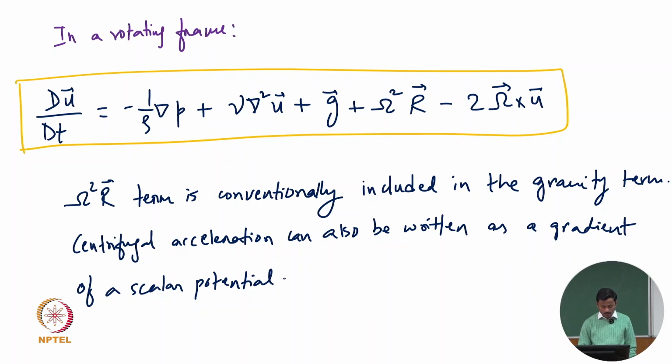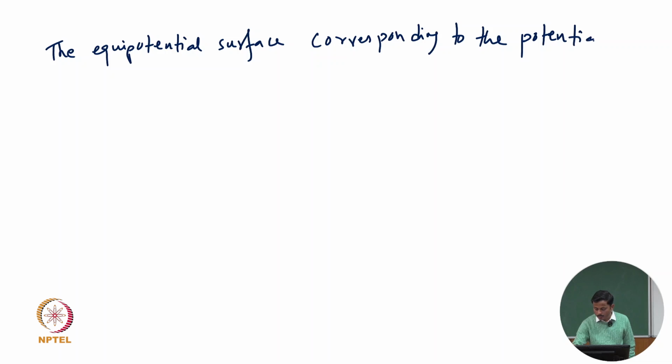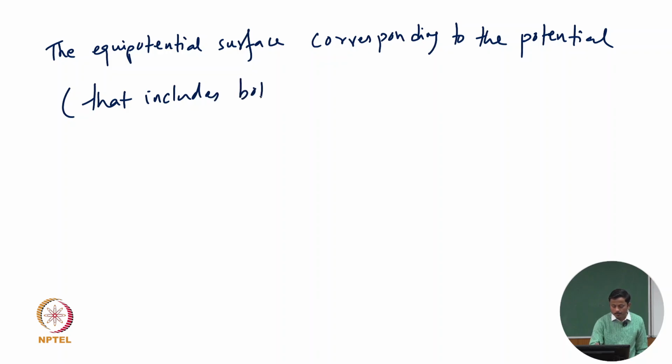So the equipotential surface corresponding to the potential that includes both gravitational acceleration and omega squared r